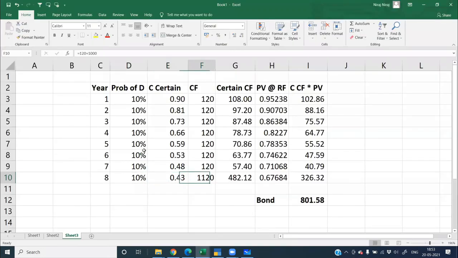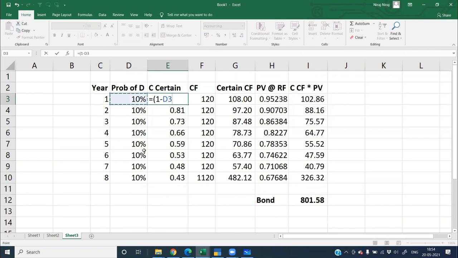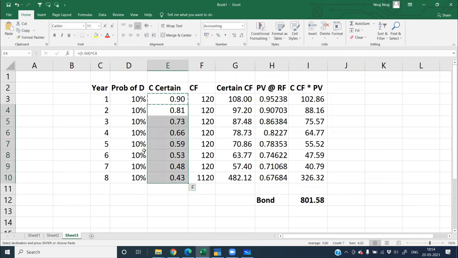Okay, so I will just explain this entire concept one more time. मैं पूरा एक बार recalculate करता हूँ आपके लिए so that you are able to understand. Say for example, probability of default has been given to you as 10%. So what is your probability? With a certain probability, 1 minus 10% raised to the power of the year for which it belongs to. And I'm copy pasting it down, because I'm using that raised to the power year, reason being year on year probability is going to decline. Your certain probability will decline year on year.